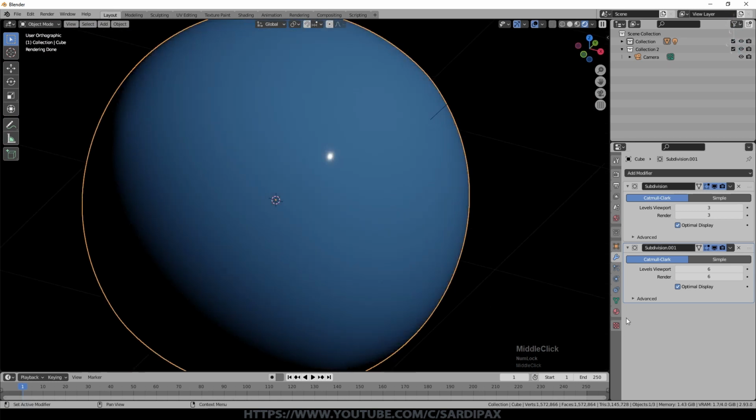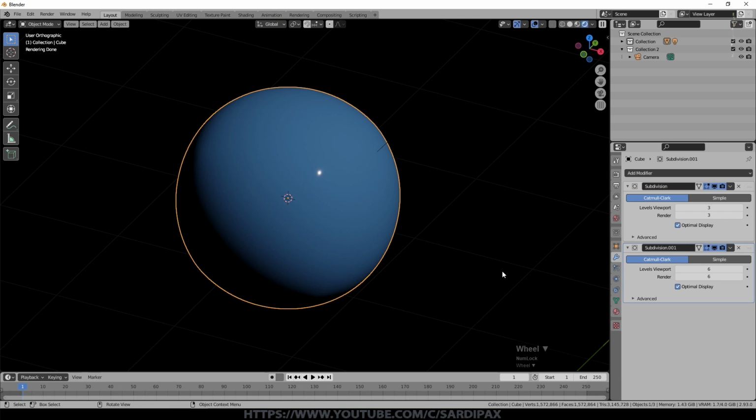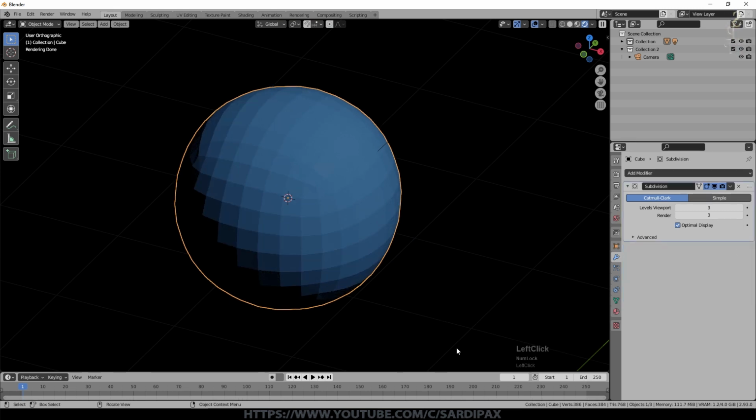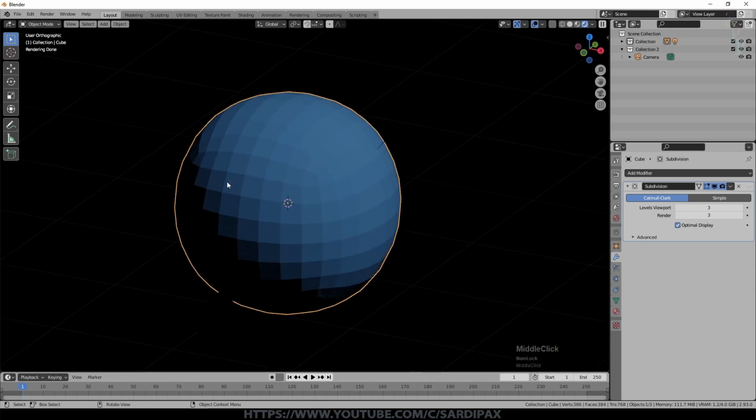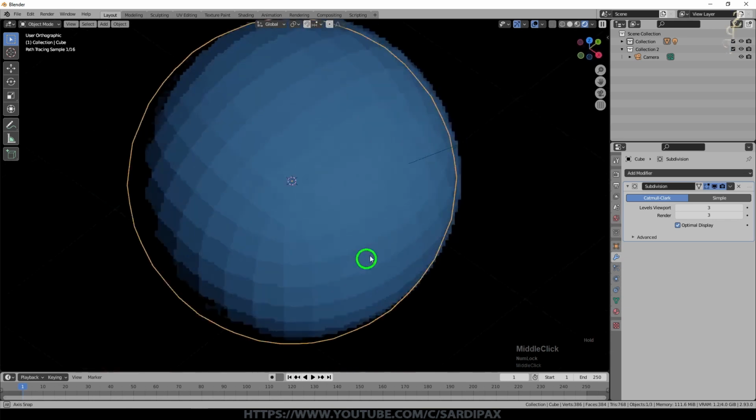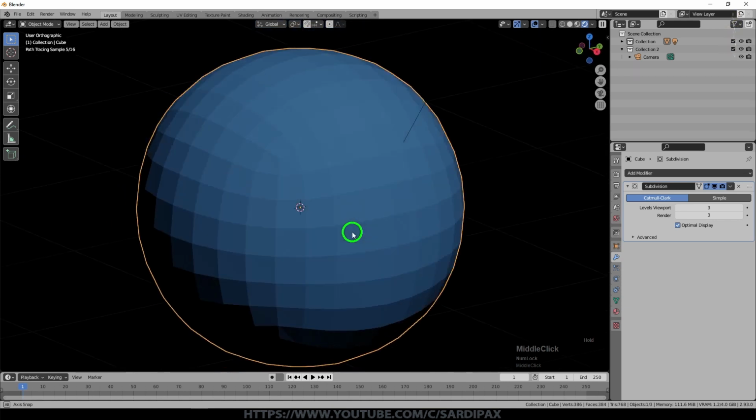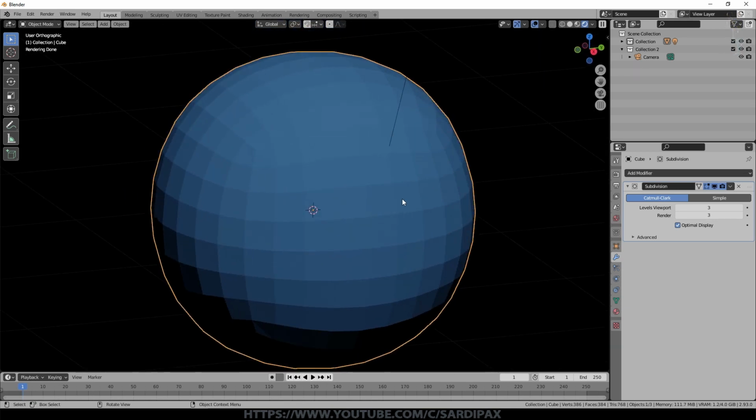However, if we look down here, we are now already up to 1.5 million vertices, which is an awful lot. So you wouldn't necessarily want to do that unless you had to. Kill that second subdivision surface, we're straight down to 386. So we're back to our 3 subdivisions, and that's still a reasonable number of faces, but if we wanted to keep it low, we wouldn't want to add too many more subdivisions to that.